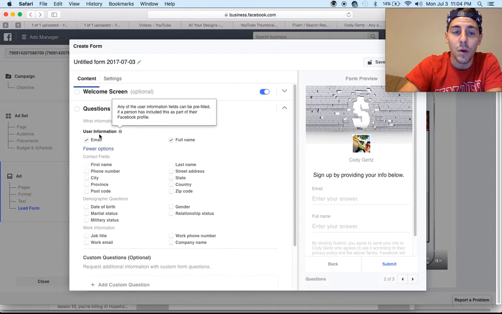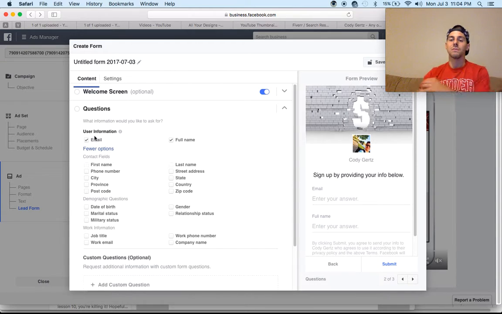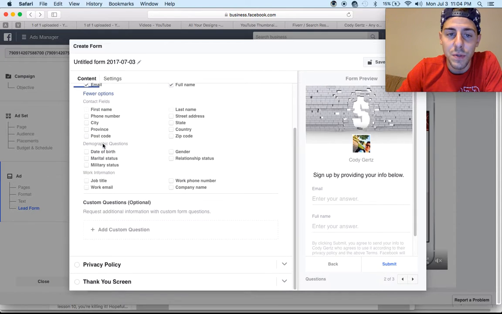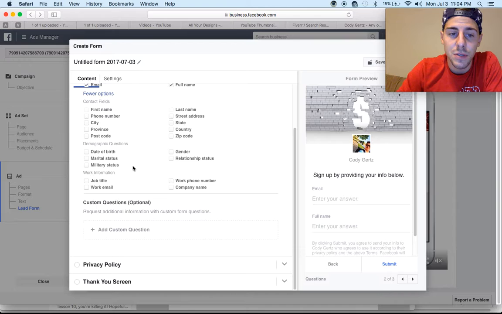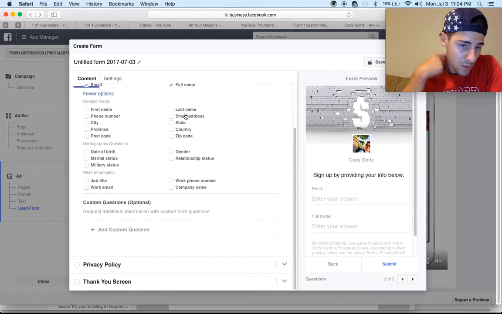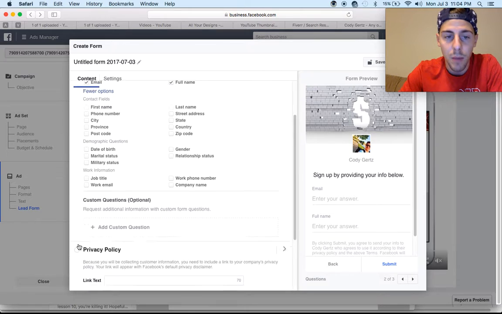Even when you go in here, look at how many options you have. You can collect a complete demographic on them if you want to, but I think it's really unnecessary, and honestly, it doesn't convert as well. So it's a great tool to use to collect leads quickly. And I'm actually going to shoot another video showing you guys how to hook up your autoresponder list to this lead generator. So select the options that you guys want here, and then a privacy policy is kind of